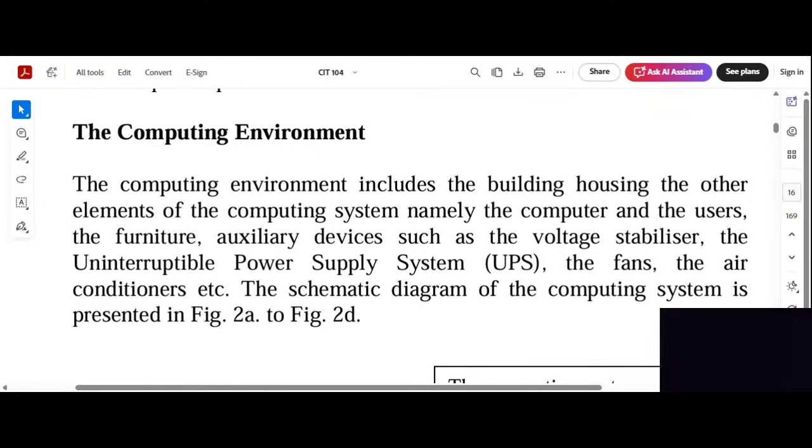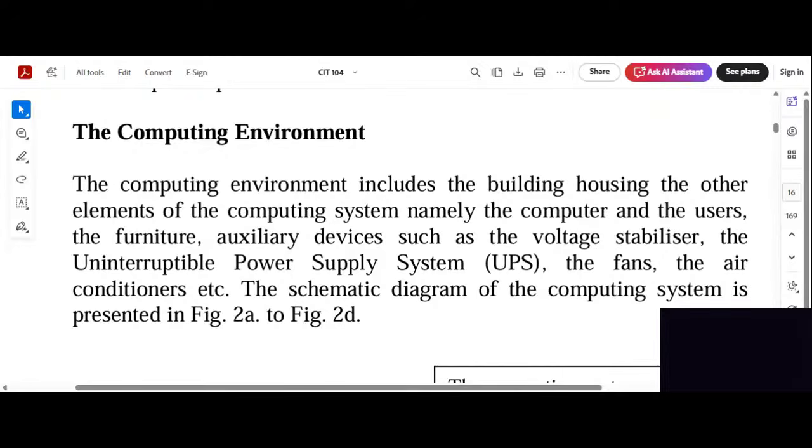In fact, we have also done hardware and software. If you remember, we said that the computer system is divided into hardware and software, and we talked about each of them one by one, what falls under each of them. Now we are going to what we call the computing environment. Having known what a computer is, the part of the computer we have, the one that is software, the one that is hardware, the next thing is for you to know where a computer is being operated, which is what we call the computing environment.